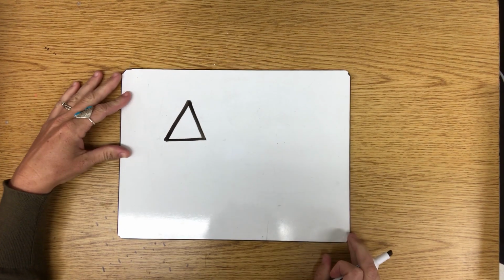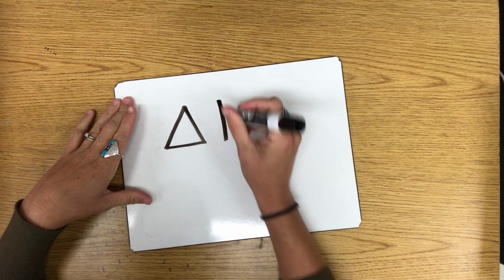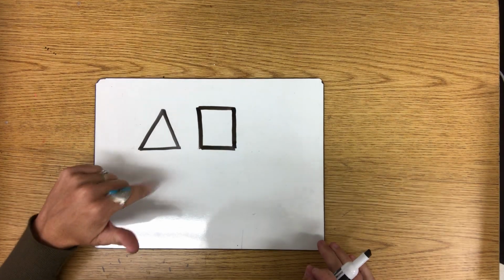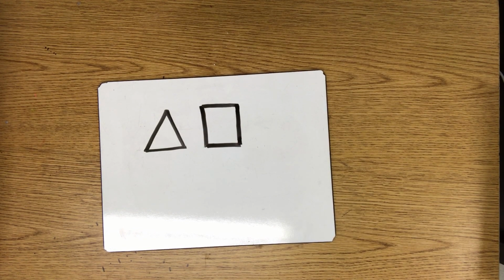is a geometric shape. That shape is called a triangle. This is a geometric shape. This shape is called a square. So these are some examples of geometric shapes. Now we will be focusing on